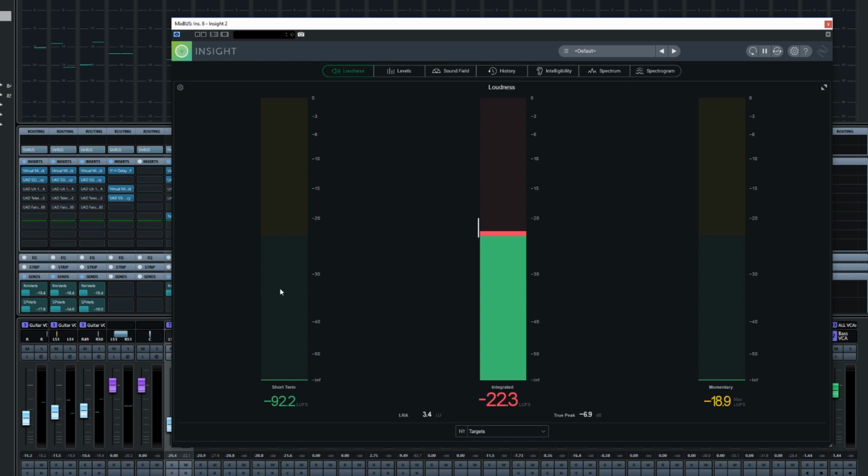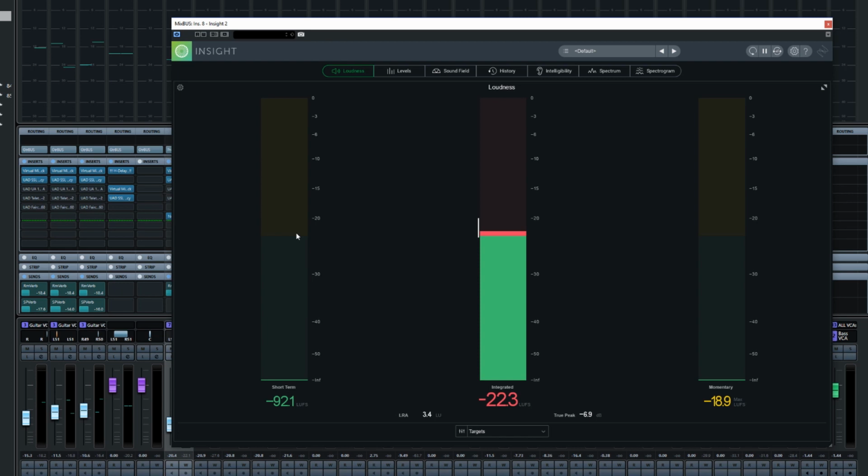The short term graph here is giving us a measurement of the loudness over 3 seconds. So it's taking an average for every 3-second period as it goes along. That's why it's called short term, okay? It's not an average of the entire song or what has been played as it's gone along. It's just doing 3-second increments of average. So it's giving you a good idea of the loudness, but it's taking into account peaks and troughs through the